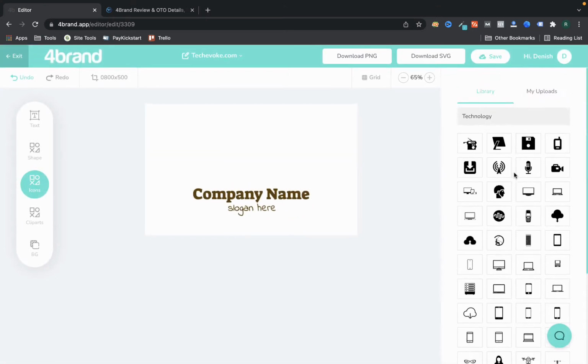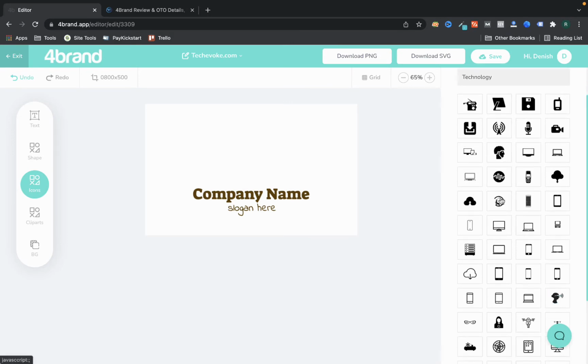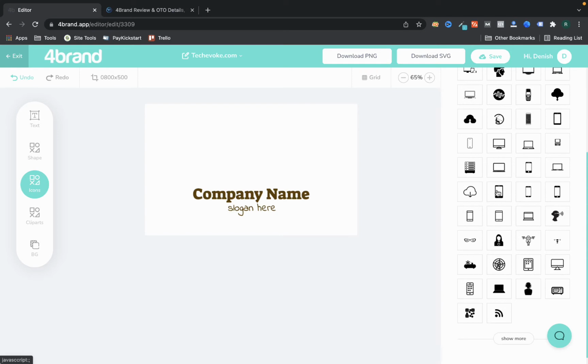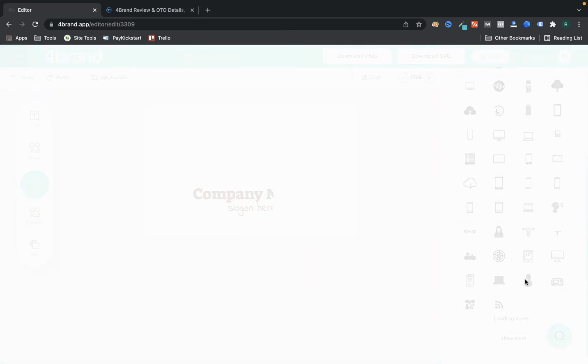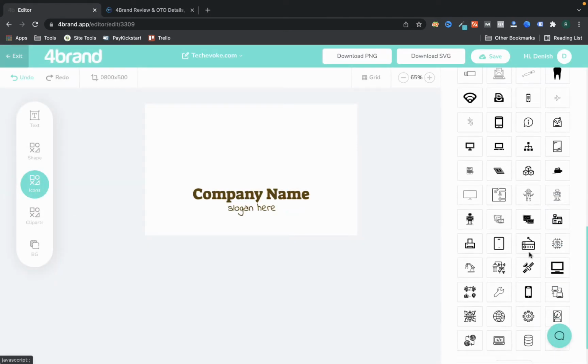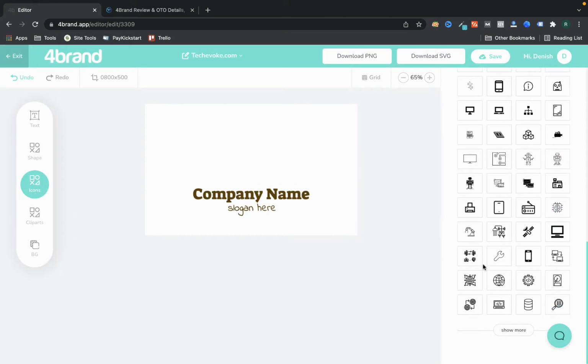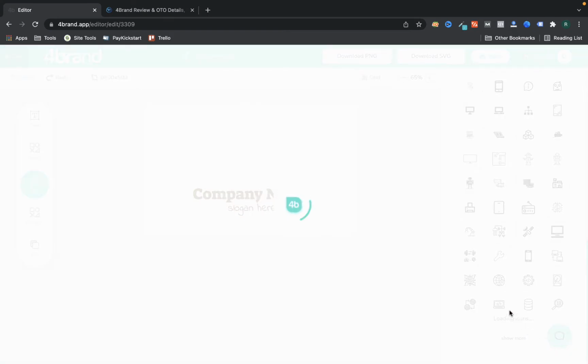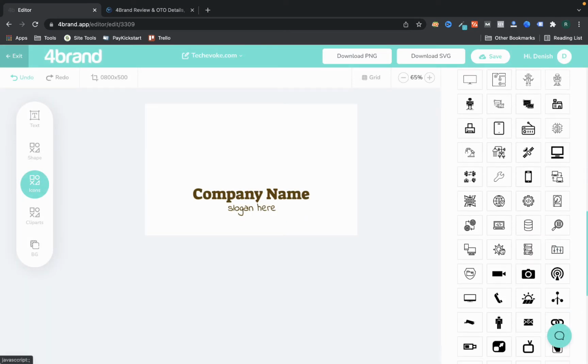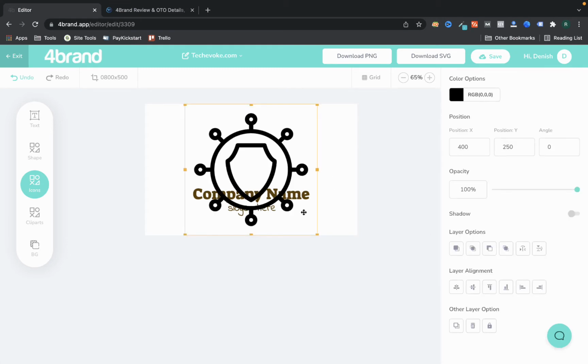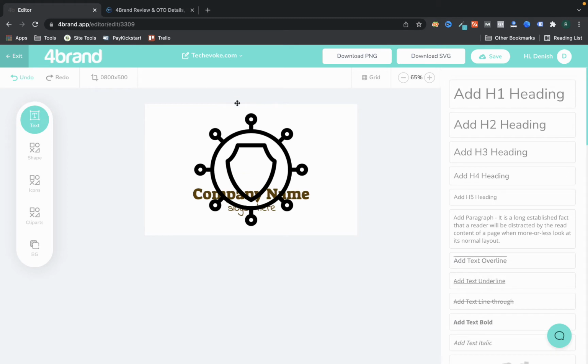As you can see, we have more logos. Now I can select one of the icons. Let's see more of the logos, all the icons. I want to just search for more. If I don't get anything, this one is looking nice. For example, this can be a nice logo for my website.